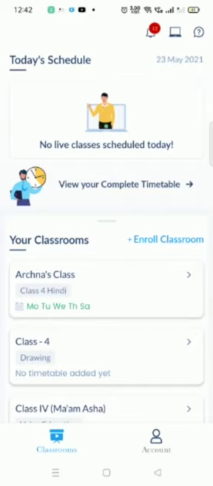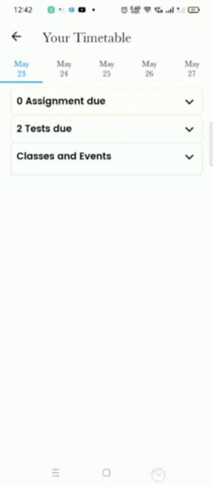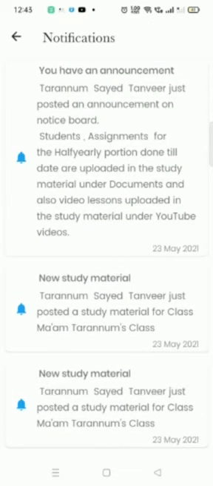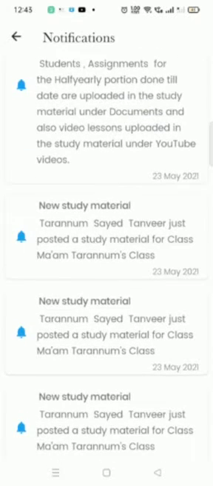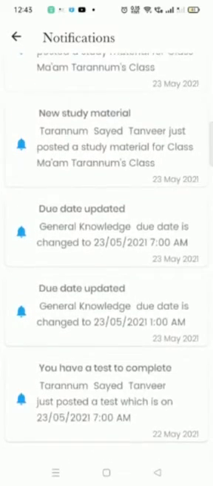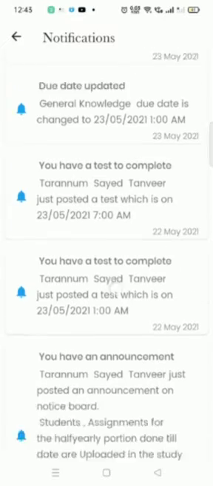Okay children, one more thing: viewing the timetable daily is very important, children. You can view the timetable, you view the time of the classes, and you can easily join the classes here. Now children, on the top you can see a bell icon where notifications are there. Whatever your teacher is giving you, the notice board she's writing, you will get a notification here. If she posts any study material, you will get a notification over here. Your test dates, your assignment dates, if you have been graded by your teacher, if your assignment is checked, what marks you're getting, every notification you will get.